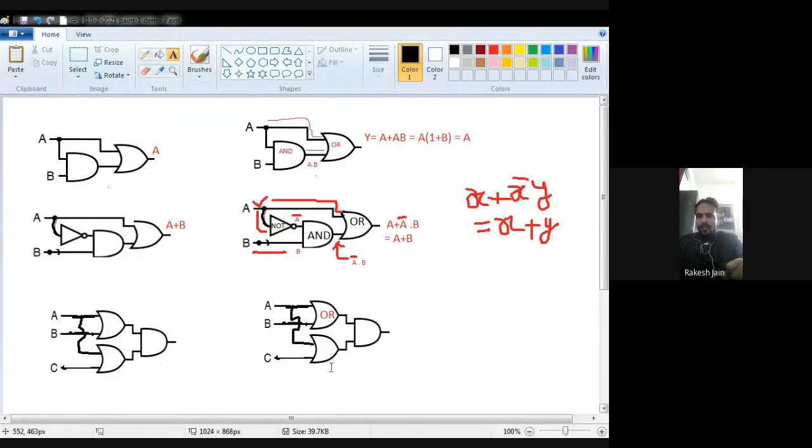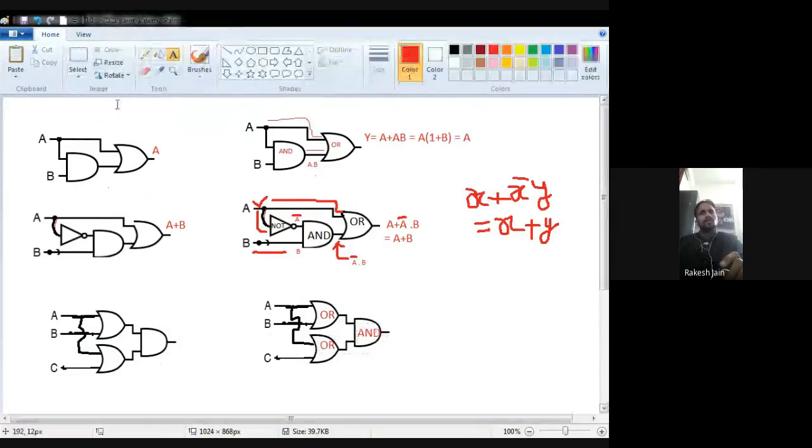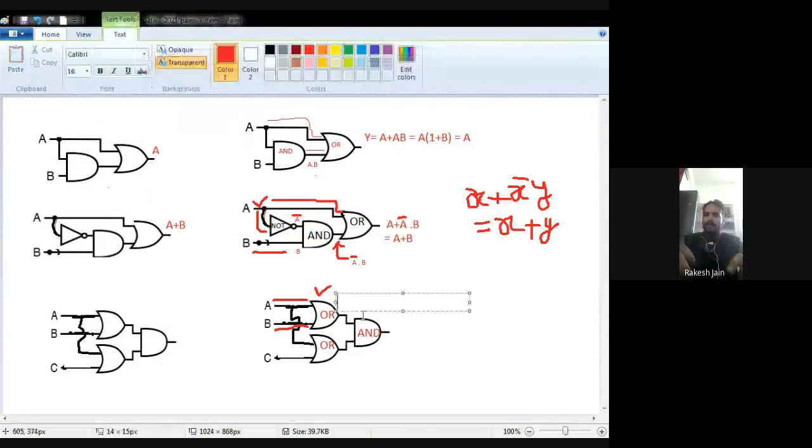So first of all, we should know about the logic gates. The upper gate is an OR gate. The lower gate is also an OR gate, and this gate is your AND gate. Now we have to find out the final answer. First, I am talking about this upper OR gate. What are those two inputs? One input is A, and the second input is B. So what will be the output? Because it is an OR gate, the output is the sum of both the inputs. So it will be A plus B.